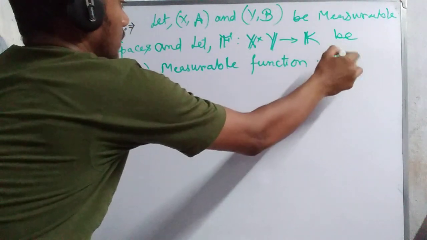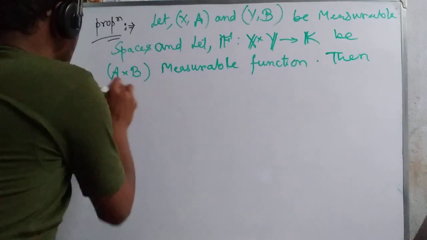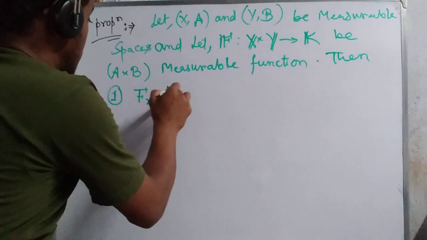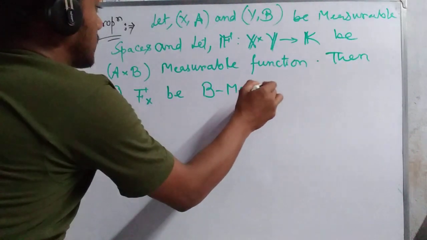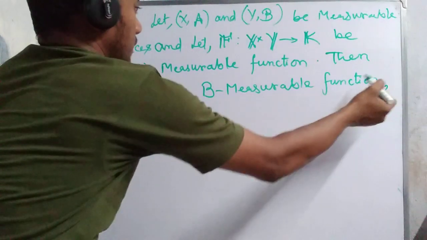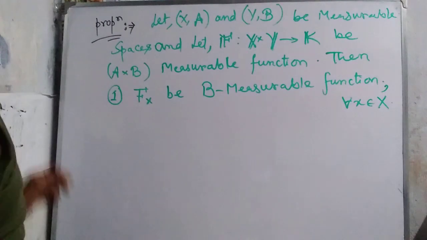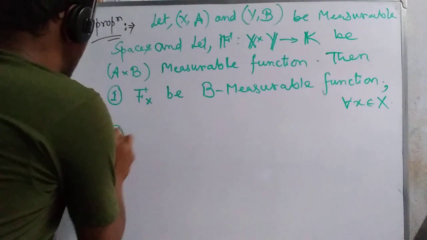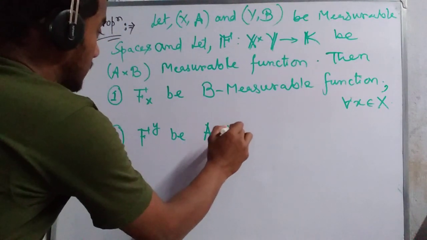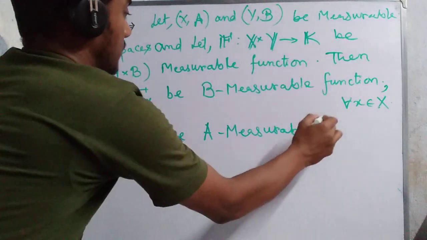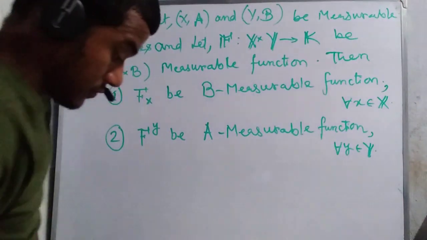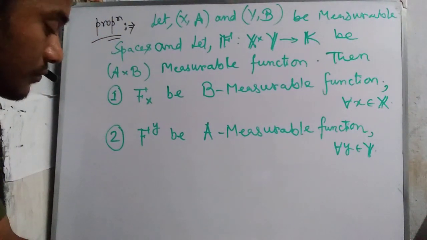Okay, then what happened? Then first one, f_x be a measurable function for all x belongs to X. Okay, and number two, f^y be a measurable function for all y belongs to Y. Okay, then